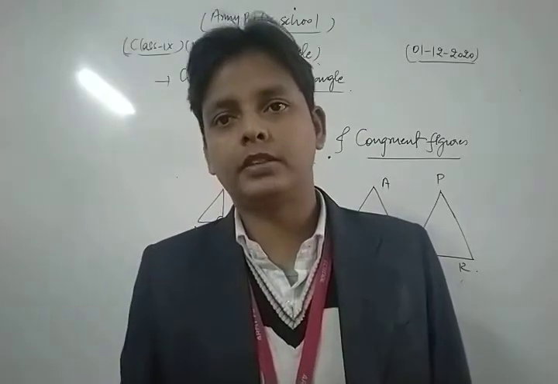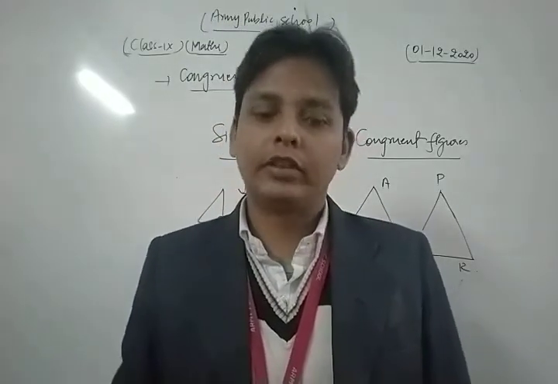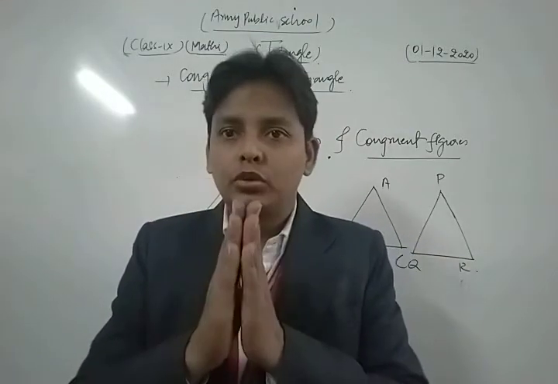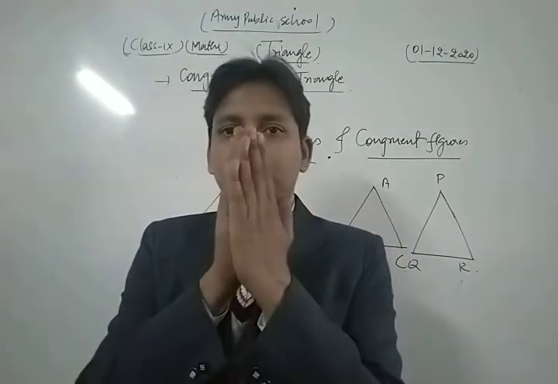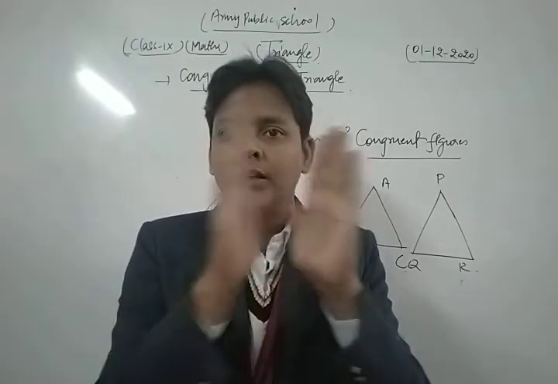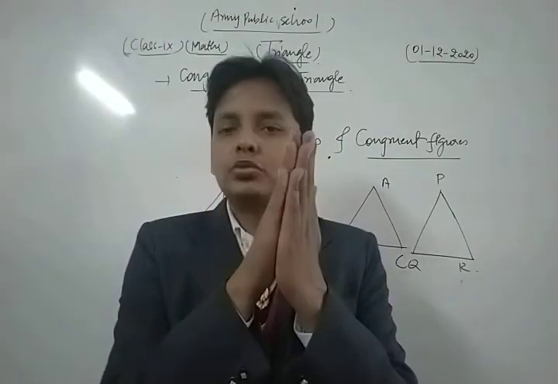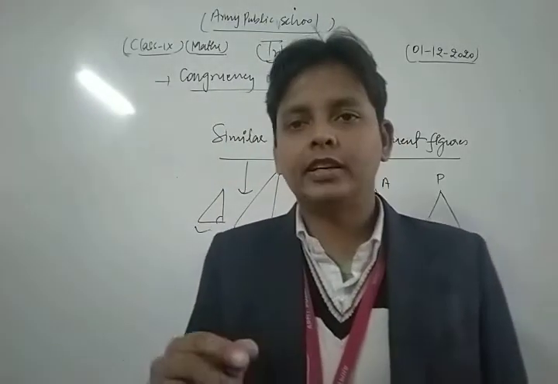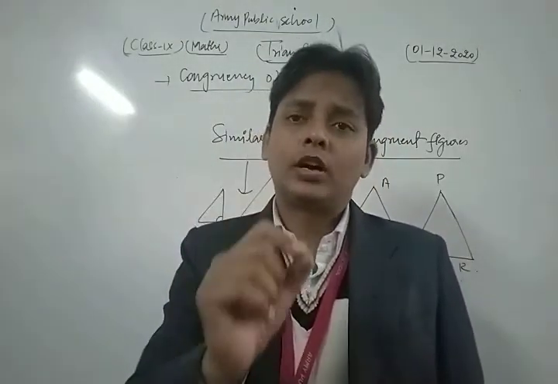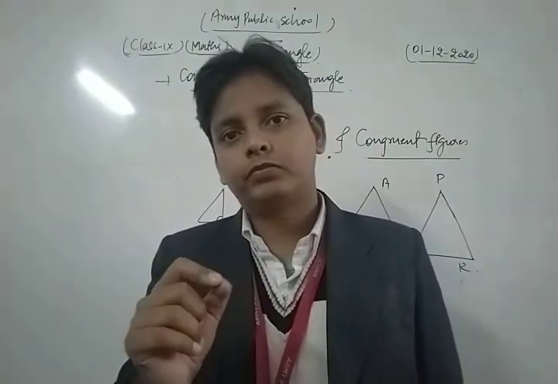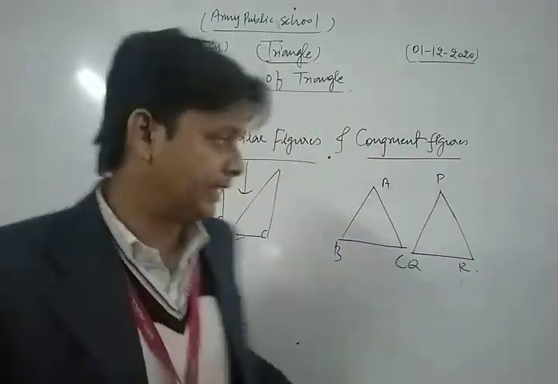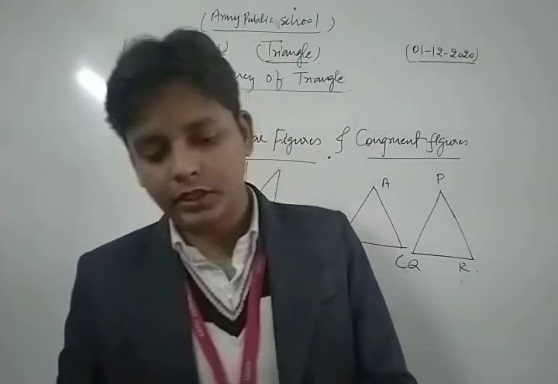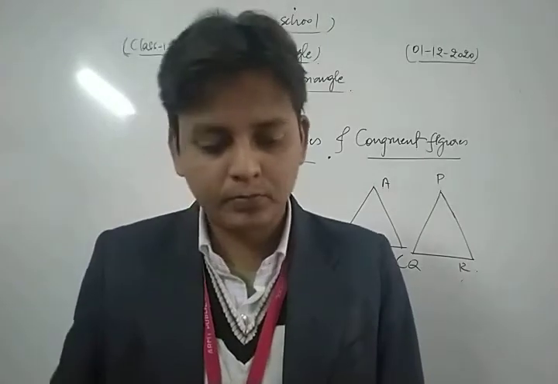Let us discuss some examples. Pages of our copies or books are also congruent figures, meaning two congruent figures superposed on each other. The palms of our hands are also congruent to each other because they are completely superposed on each other. So they are congruent. Dear students, for congruent figures the necessary condition is that their shape and size are equal, but in similar figures the shape is the same but the size is different. So this is the difference between congruent and similar figures.